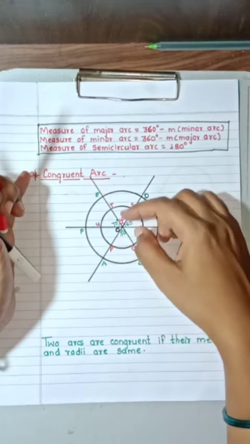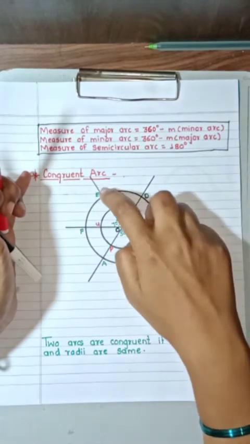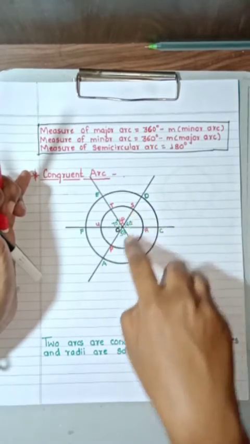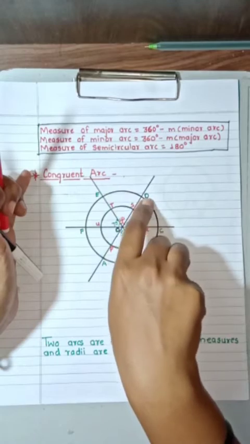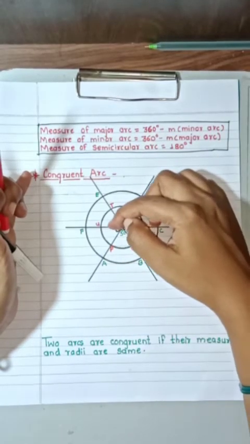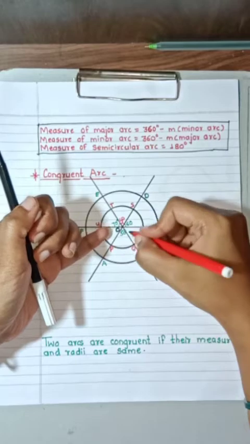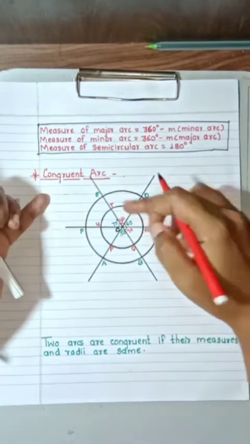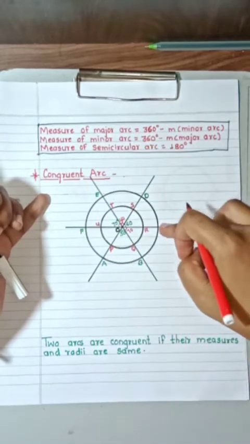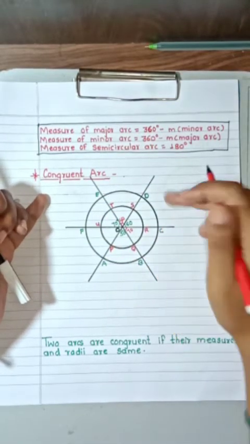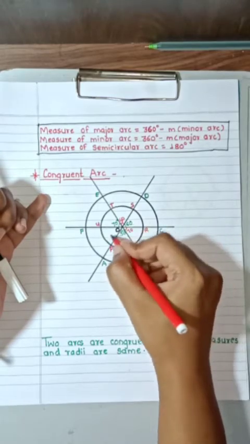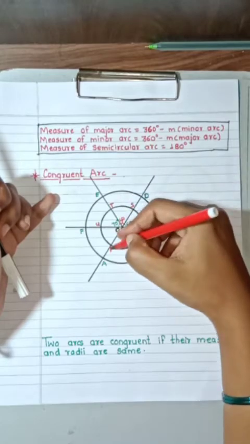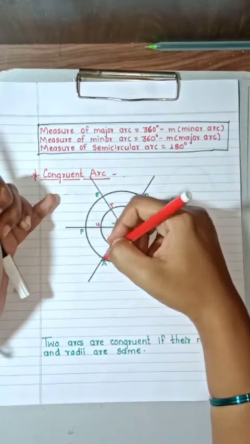Now which is the vertically opposite angle? You can see this is the vertically opposite, EOD. Therefore, this PQ is congruent to TS and AB is congruent to DE. In the same way, the vertically opposite angle of this 70 degrees will be here. Therefore, UT is congruent to QR and EF is congruent to CB or BC. In the same way, here you have 60 degrees. Here also the vertically opposite angle will be 60 degrees. Therefore, SR is congruent to UP and DC is congruent to AF.